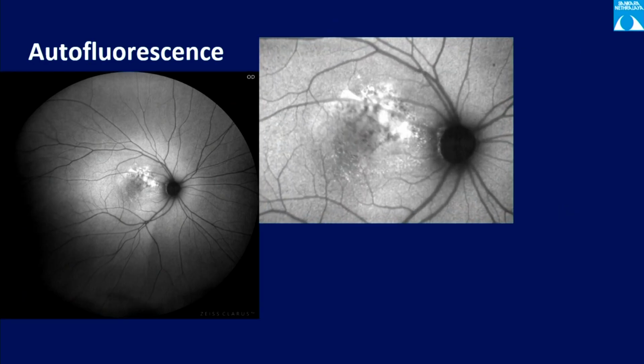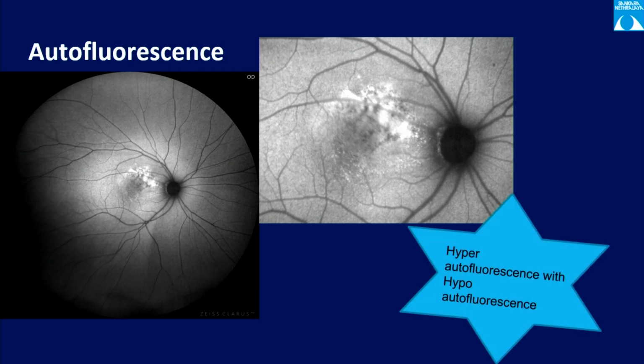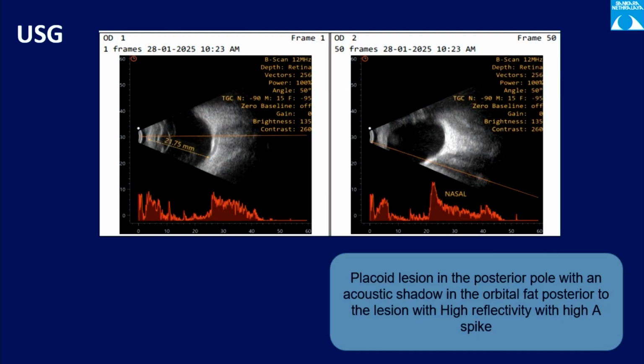This is the autofluorescence of the same eye, which shows the granular hypoautofluorescence with hyperautofluorescence. Usually, calcific areas will show this hyperautofluorescence, and decalcified areas show the hypoautofluorescence. On ultrasound, you have a placoid-like